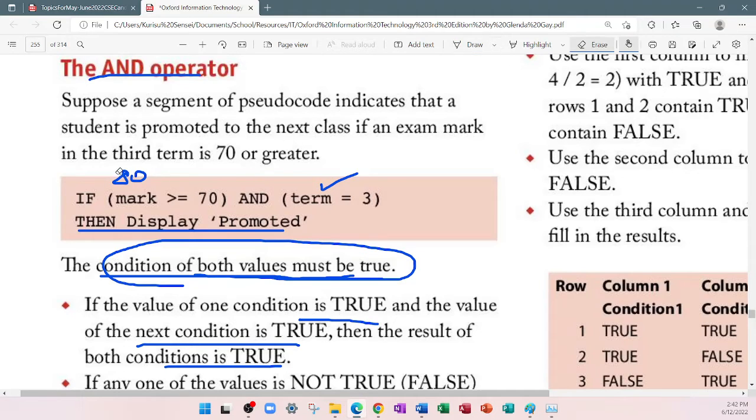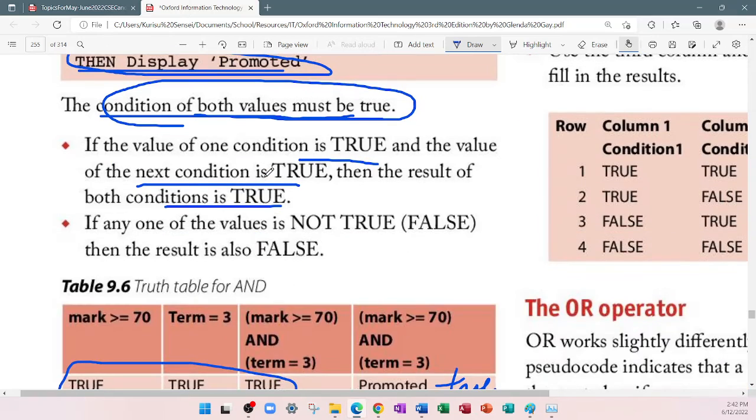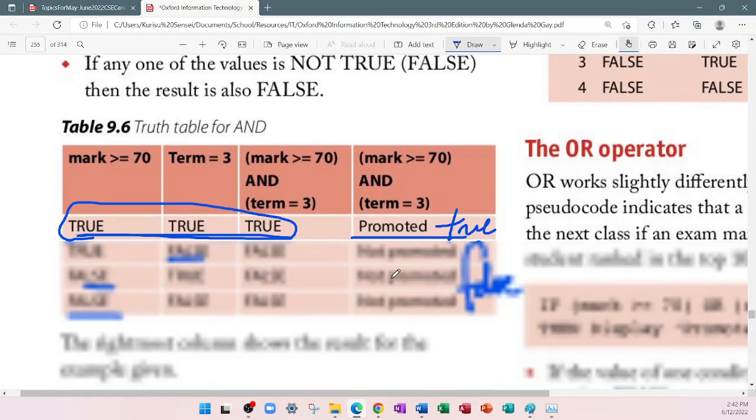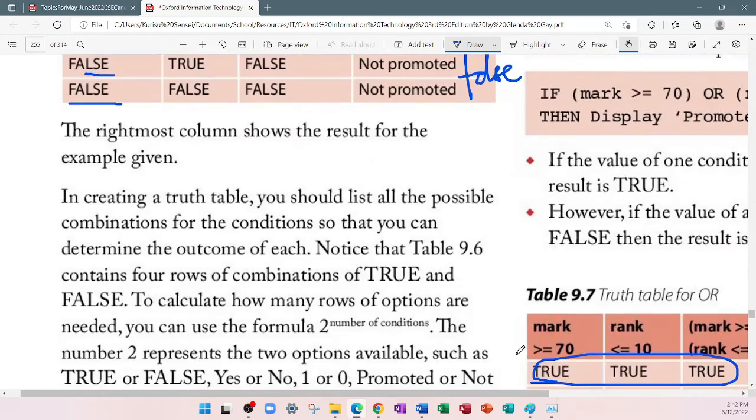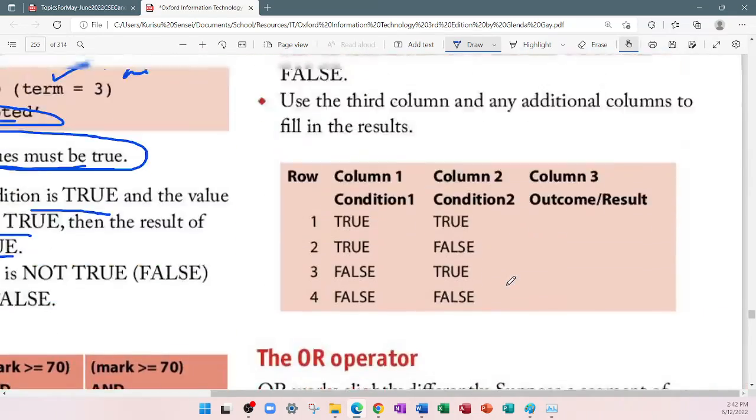So if the mark was actually 60, then this one would have been false, this one would have been true, and remember, both have to be true in order to carry out the then. So one is actually false, so the total output would have been false. Now for the OR,